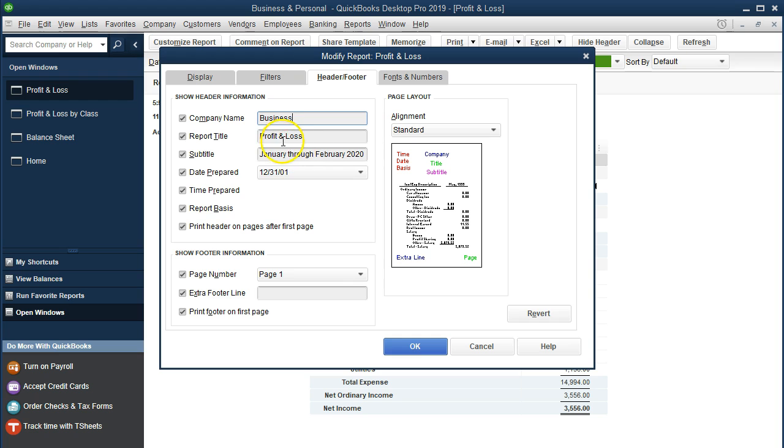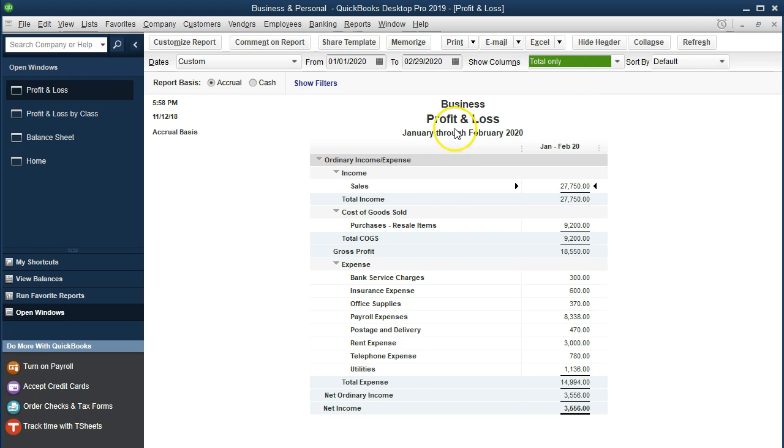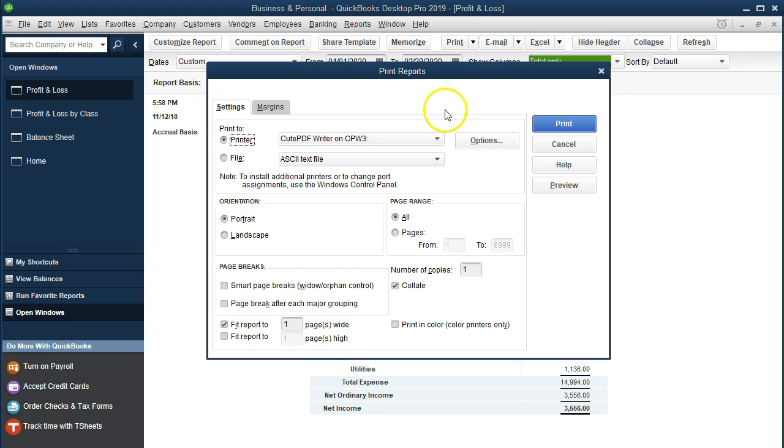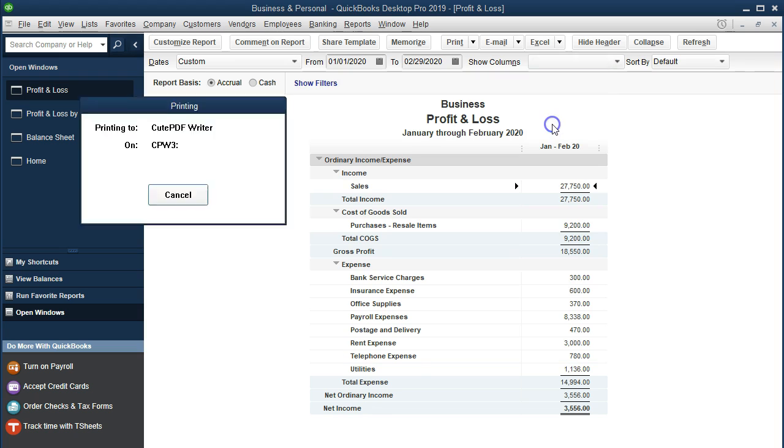We could change this to income statement if we wanted or something like that. And there we would have that in a pretty professional looking report. And that's one we could print out if we needed to give it to someone. We can go to, of course, print report, and I'm going to print it as a PDF,